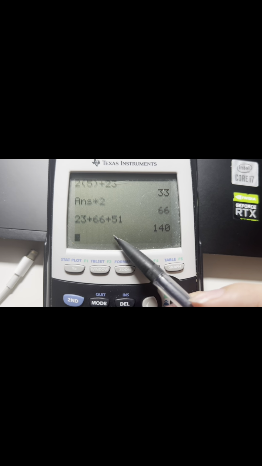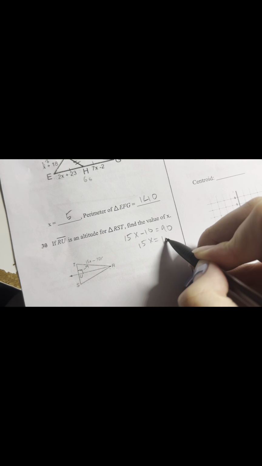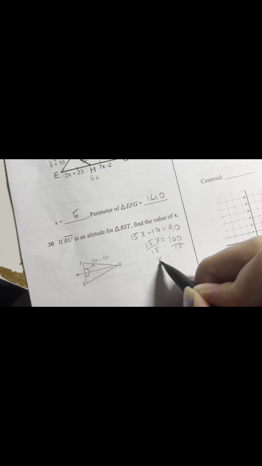See? 140. Okay, if RU is an altitude for triangle RST, find the value of x. So RU is an altitude. An altitude is a perpendicular segment from a vertex to the opposite side. So we know this one will be 90. And that is opposite with TR, so we can say that 15x minus 10 equals 90. Add 10 to both sides. That'd be 15x equals 100, and then divided by 15, x equal to